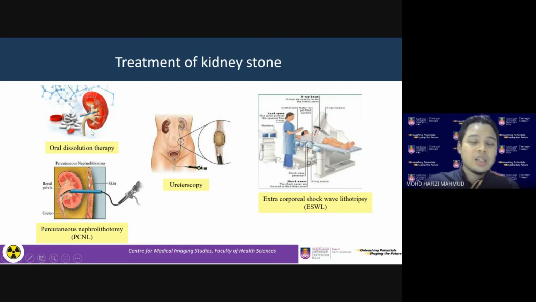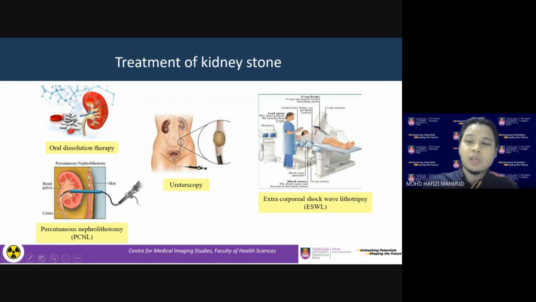Then we have ureteroscopy. We insert the scope from the urethra and up to the ureter, and you have a basket here to remove the stone. Then we have another option, which is extracorporeal shock wave lithotripsy, or ESWL, which is done under